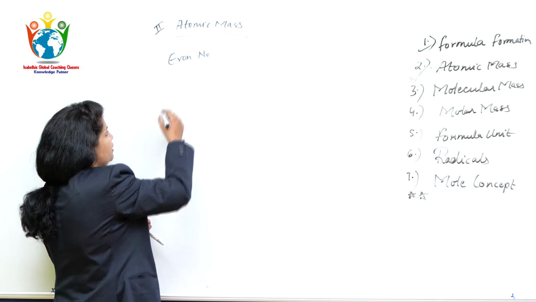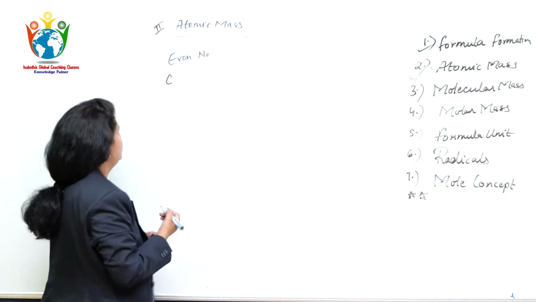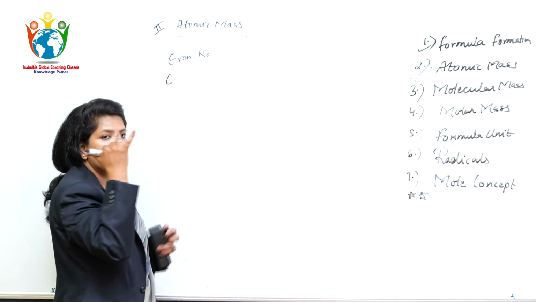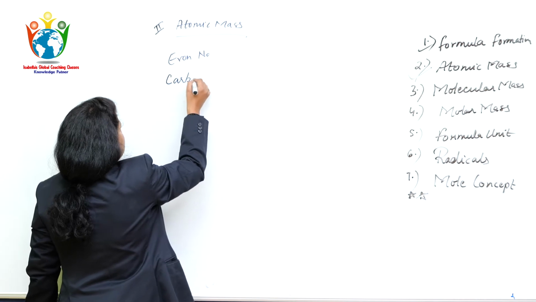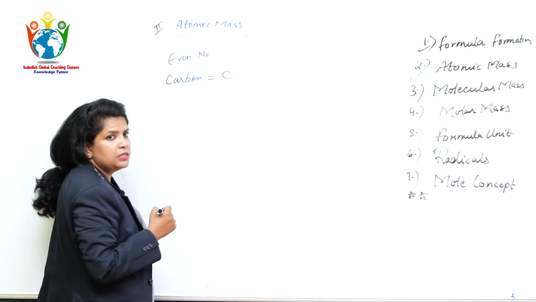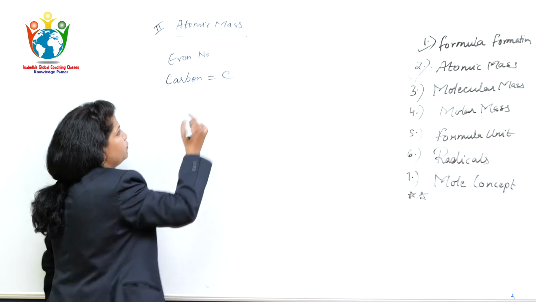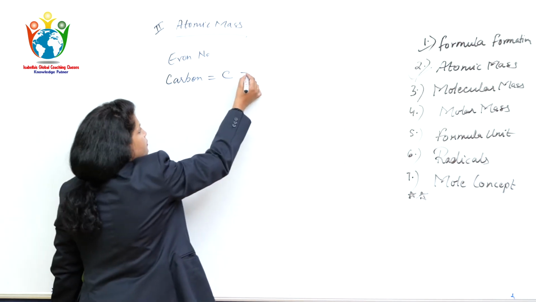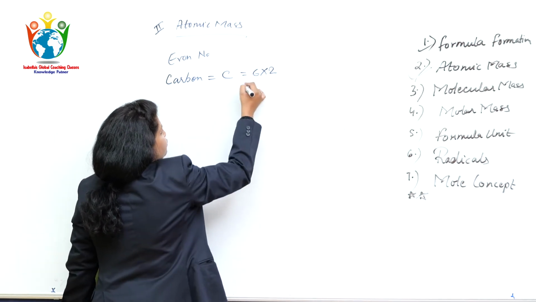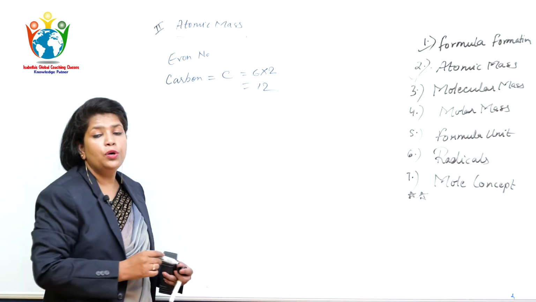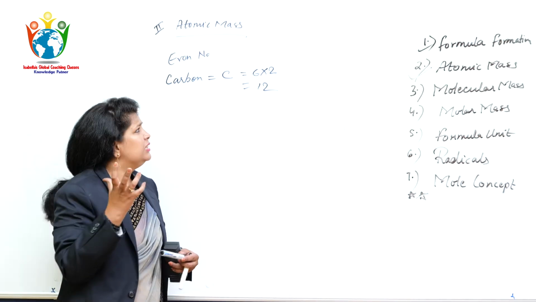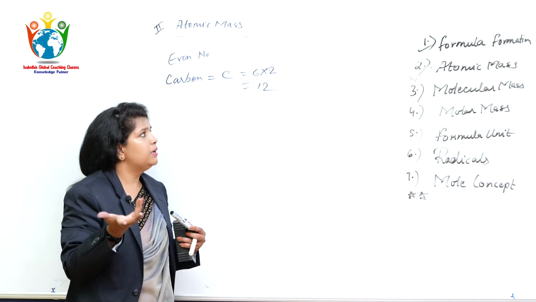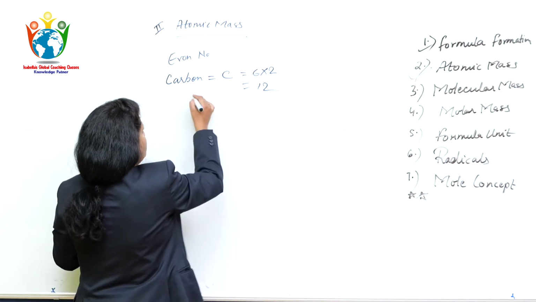Okay. In this, let's take an example. If I am taking carbon: hydrogen, helium, lithium, beryllium, boron, carbon. That means it comes in the 6th position. I'll write the spelling so that initially it will help you. The symbol is C. Now, as you know, it comes at serial number 6. It's an even number. You need to multiply by 2. You will get the atomic mass number. That is what you have to do in your mind. Because these are not big tables like 15 or 16, they are simple tables which you learn from the 1st standard. 6 multiplied by 2 is 12. So you got the atomic mass number.